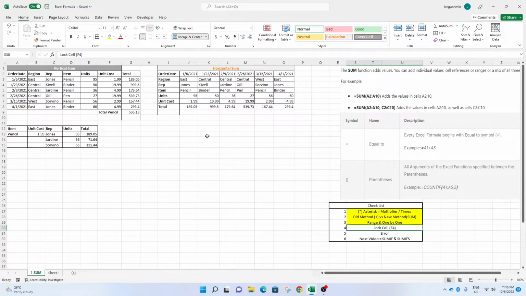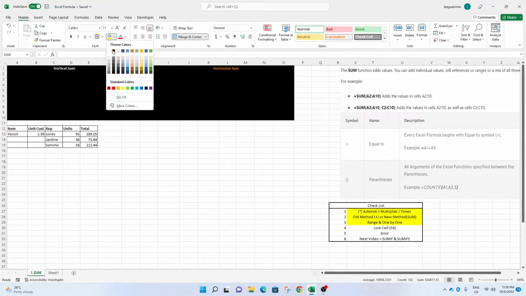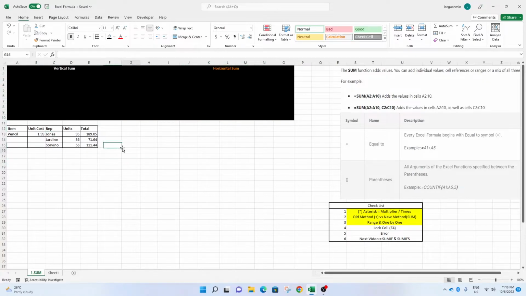For example, this is an example already. Okay, I'm going to hide this using black color, so you focus on this one. Okay, so this is the table. It gives you pencil and unit cost. Okay, and let's set some criteria that you are not allowed to add anything in this table, but beside here you can add anything. Usually people will do like this, they will just drag it down, just copy and paste,